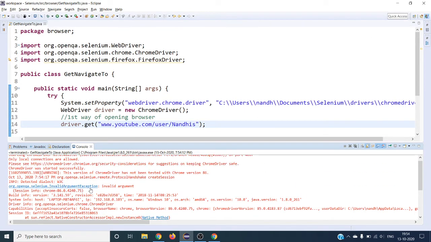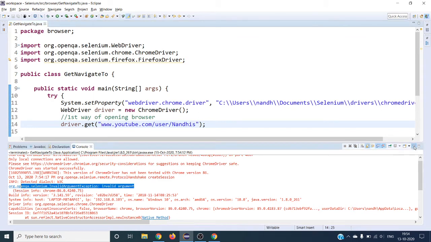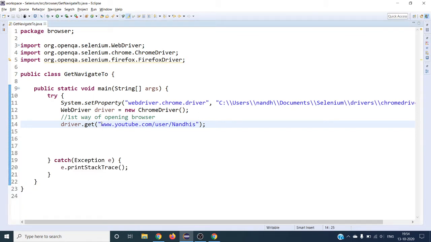You can see the invalid argument exception. If you miss the complete URL, you will get this exception usually. To launch any application using Selenium WebDriver, you must give HTTP or HTTPS, because Selenium is built on top of the HTTP protocol. So this is the one way of launching your application URL.